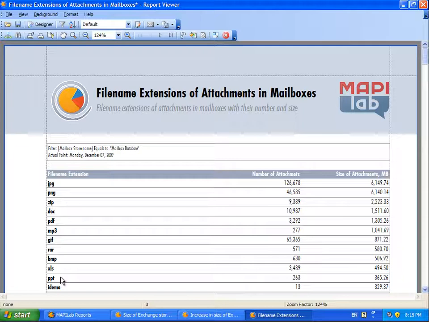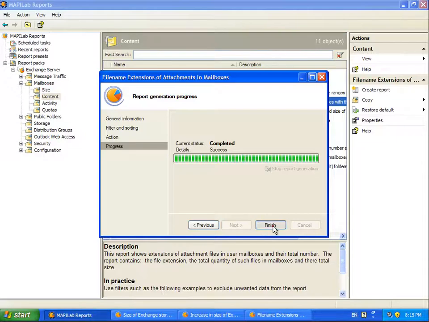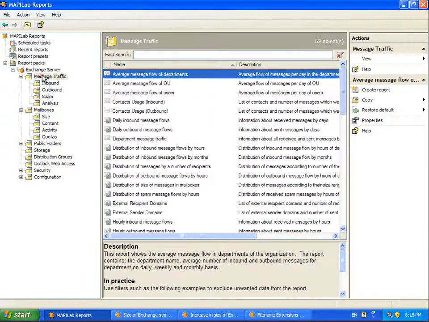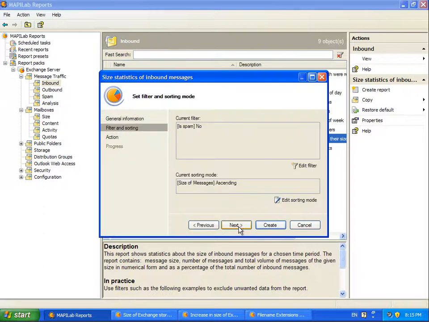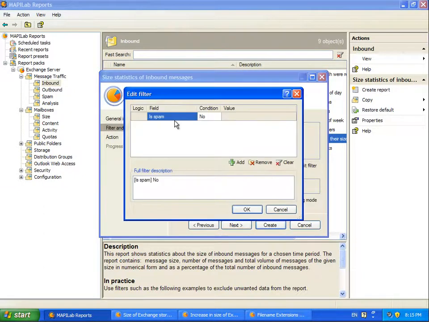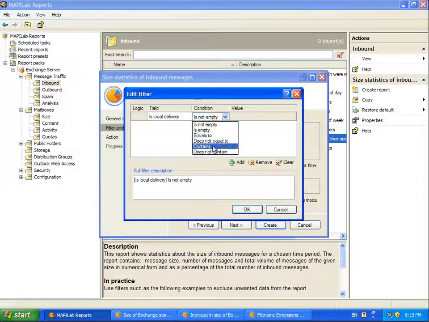It is clear that email in the organization is used for document circulation also. We can investigate this phenomenon with the help of the statistical report showing the distribution of letters by size. Using the filter, we retain only messages sent within the organization.